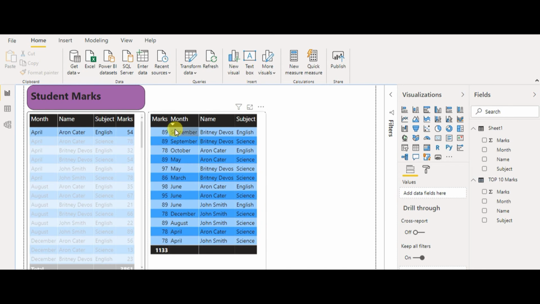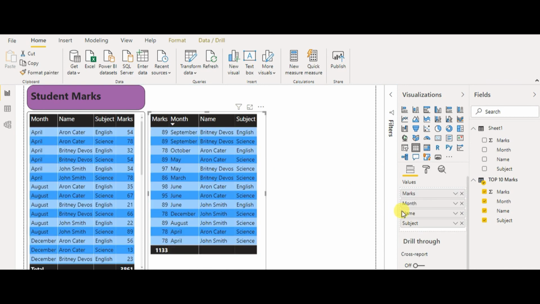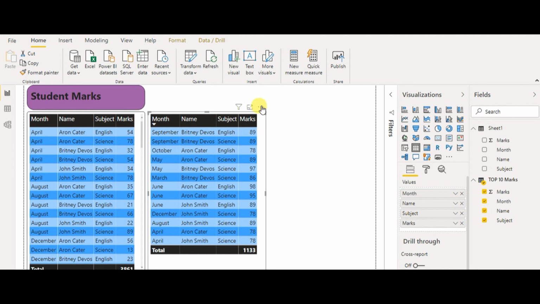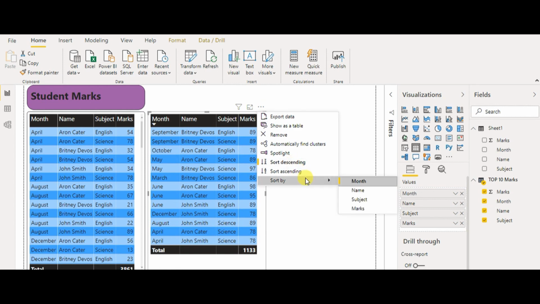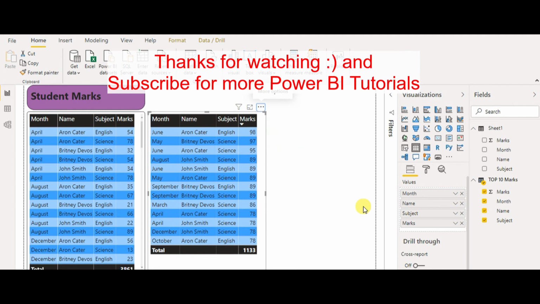Here the marks are not yet ordered, so for that I select marks as the last column. In the more options, you have to go to sort by and use marks, set as descending. As you can see, now the top 10 marks come in the order I want.